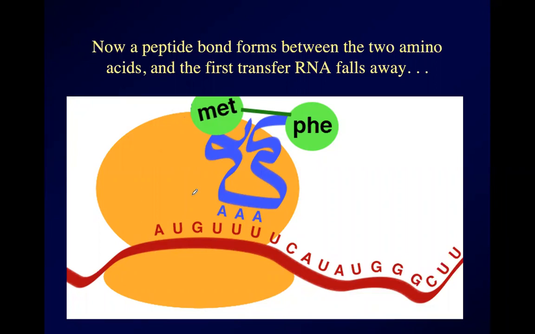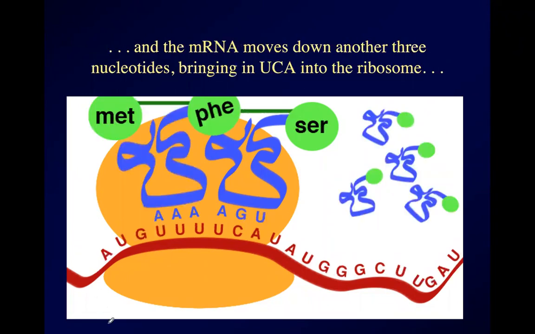Eventually it will get another methionine stuck on it and get recycled, but we don't need to worry about that. What now happens is the ribosome moves down another 3 spaces, ka-chunk, ka-chunk, ka-chunk,